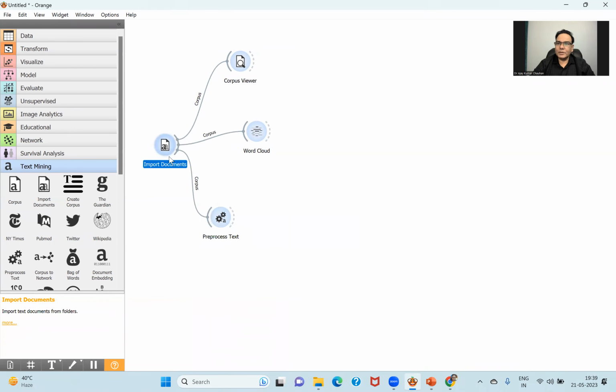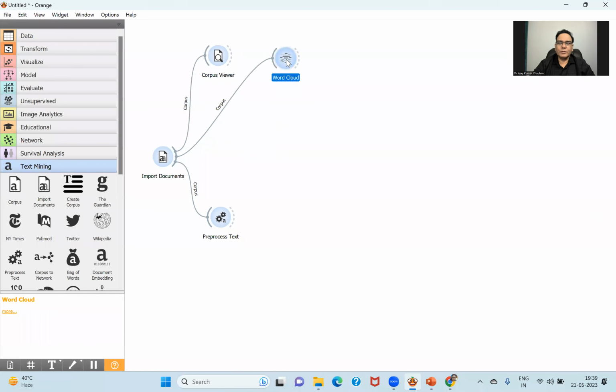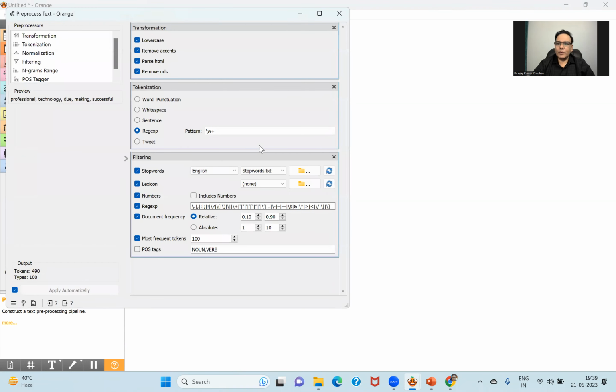Pre-process means now I am going to clean the data. So let me put this one this way, because I will get the main content after the pre-processing. So let me explain what pre-processing is. If you click on the pre-processing,